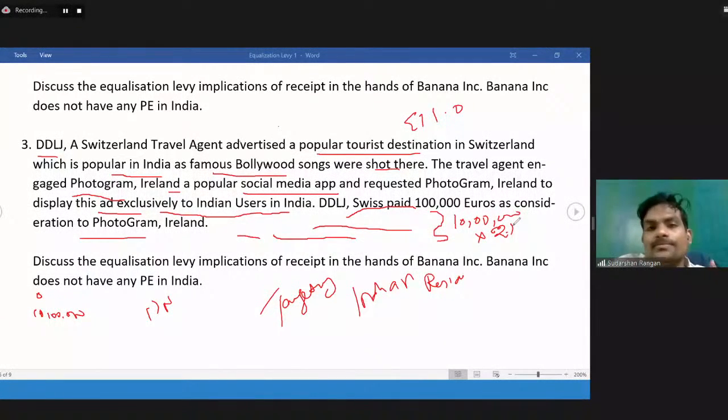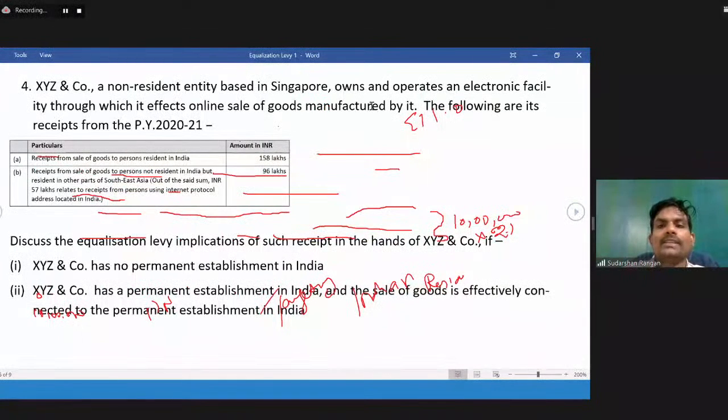Now, how will India come to know about the arrangement between DDLJ Switzerland and Photogram? I honestly don't have an answer, but that's what the provision says. So these are the 3 variants I've tried to show you as to how